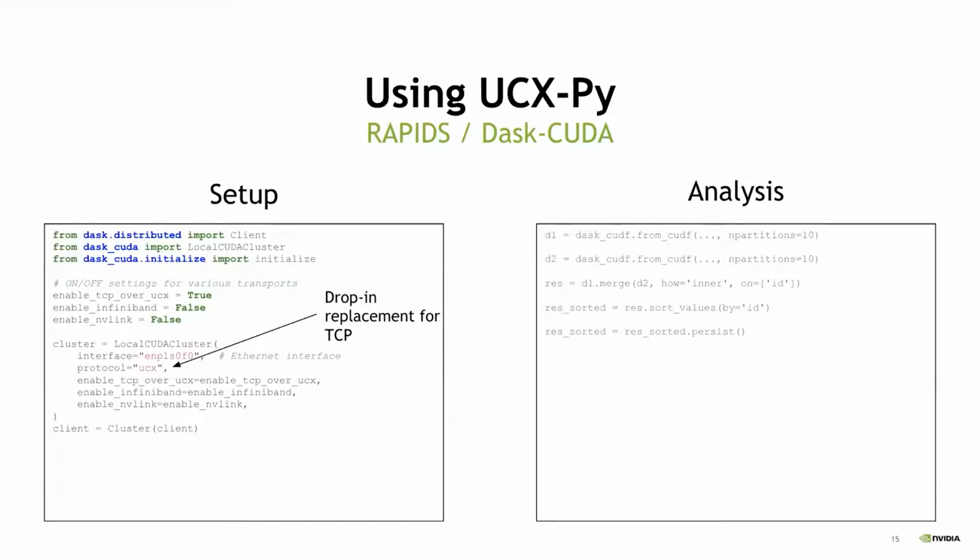To use UCX-Py with RAPIDS and Dask CUDA, it's very straightforward. I don't want to go into all the details, but with Dask, you have a local cluster, and with Dask CUDA, you have a local CUDA cluster here. The only difference is that when we want to use UCX-Py, we change the protocol, which defaults to TCP, to UCX. We also today have to enable the different transports by hand because, for example, one of the limitations